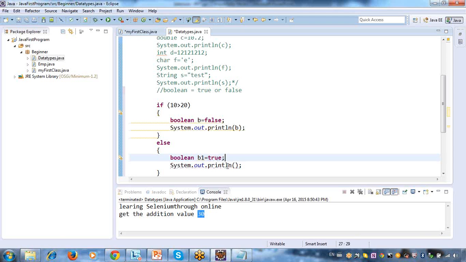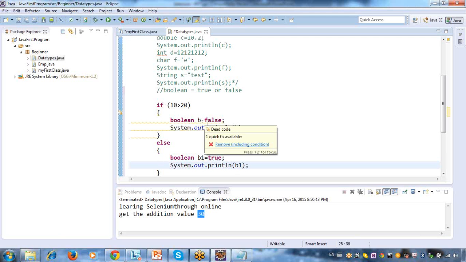So this is how you can write your program. See, very simple. I will tell you how to implement this if condition.